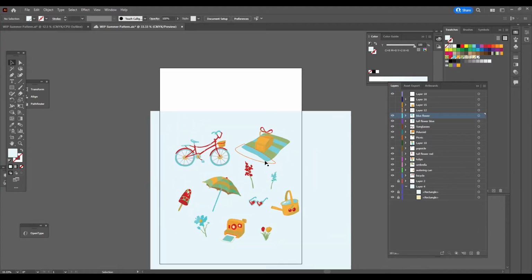Okay, so to make a pattern in Illustrator, or at least one of the ways to make a pattern in Illustrator that I really like to do for at least toss patterns, or patterns that you don't need perfect symmetry for, with a lot of individual elements, even some overlapping elements, you can use this. You just want to have all your elements, all your